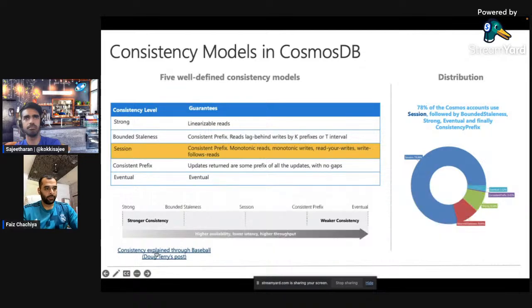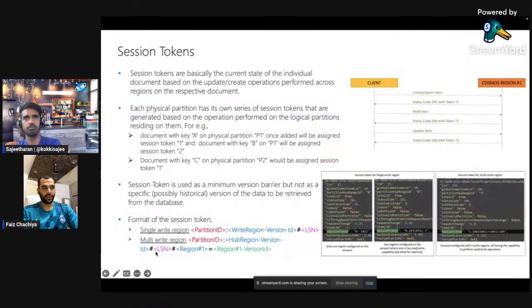Okay, so I'll move on to the next one. Coming down here, we have something called session tokens. So what is a session token? Whenever you, as a client from an SDK, perform any sort of operation, let's assume I create or write a document,